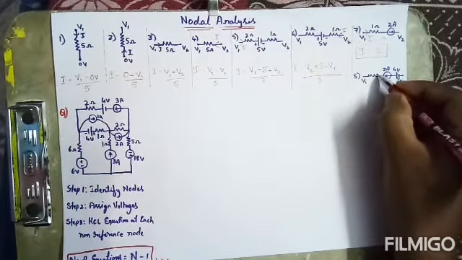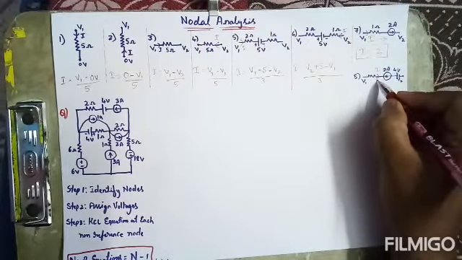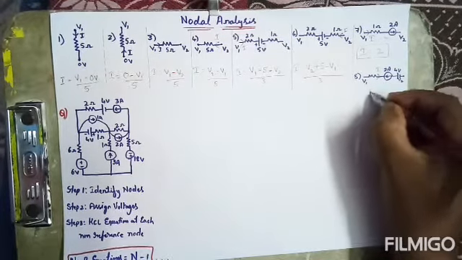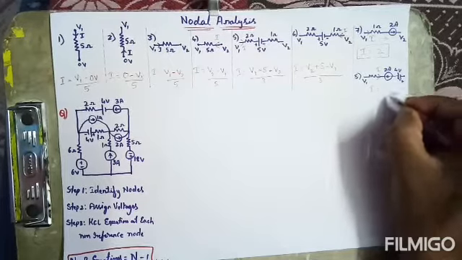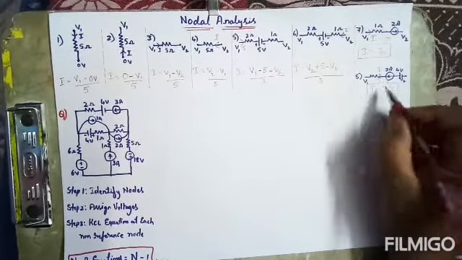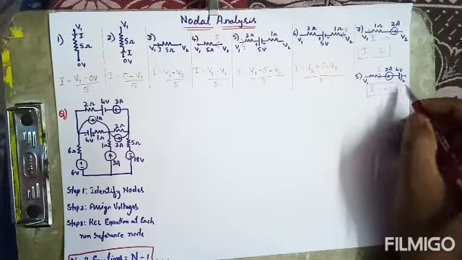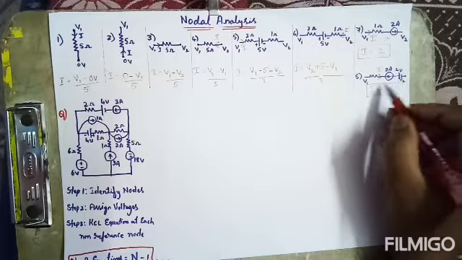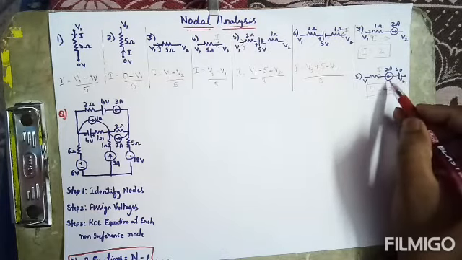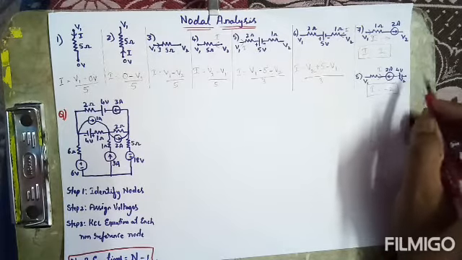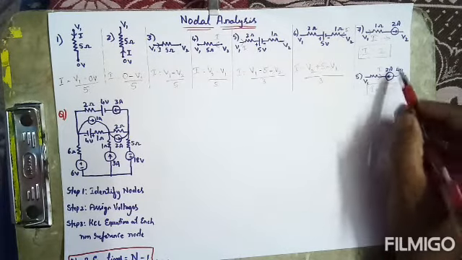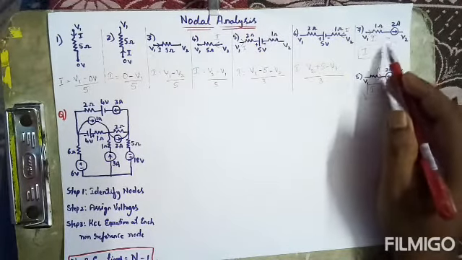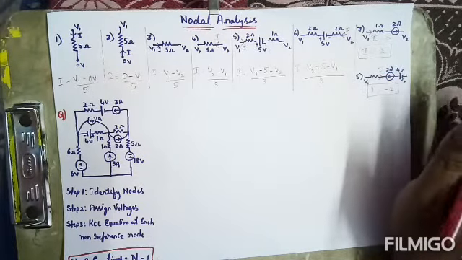Say now the current direction is this I. The current in this branch is in this direction, and the source current is opposite to that. So then I can write here I is equal to minus 2 amps directly, because it is just opposite to the source direction. And here you observe we have a voltage source also, but we have not considered that V2 or V1, because once you have a current source in a branch, that particular current will be flowing in that branch. So you can directly write that value, but be careful about the polarities. If the branch current and source current directions are the same, then it is positive. If it is opposite, then it is negative.